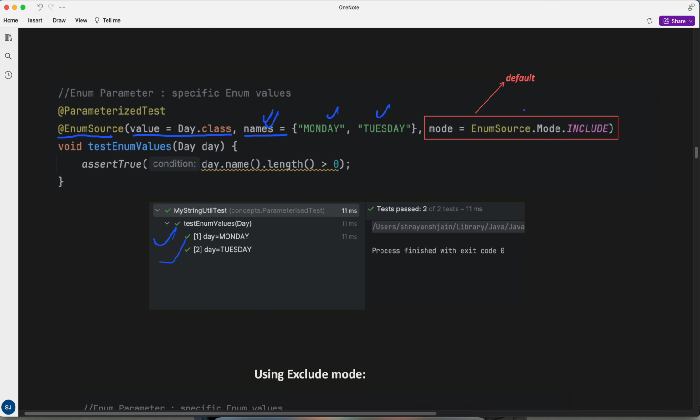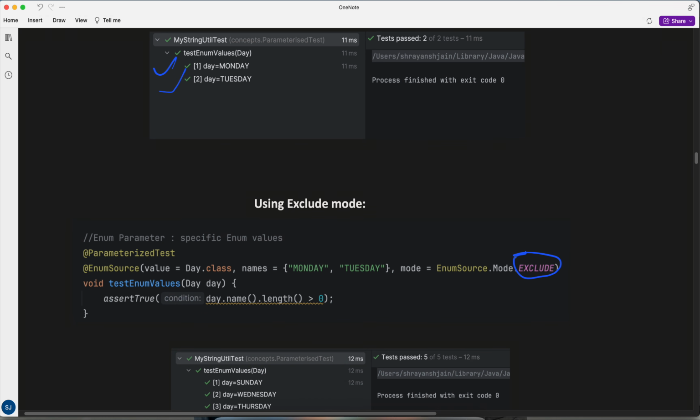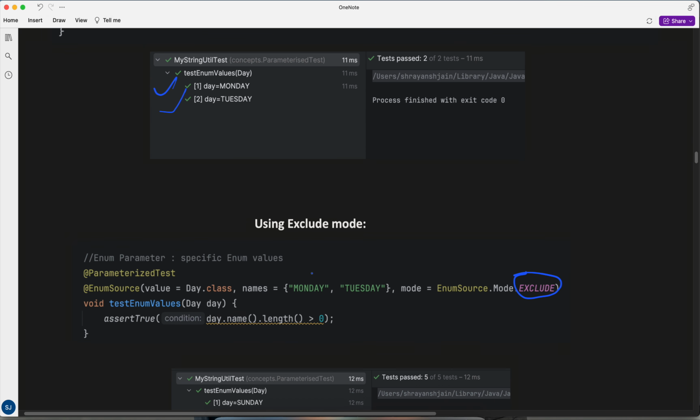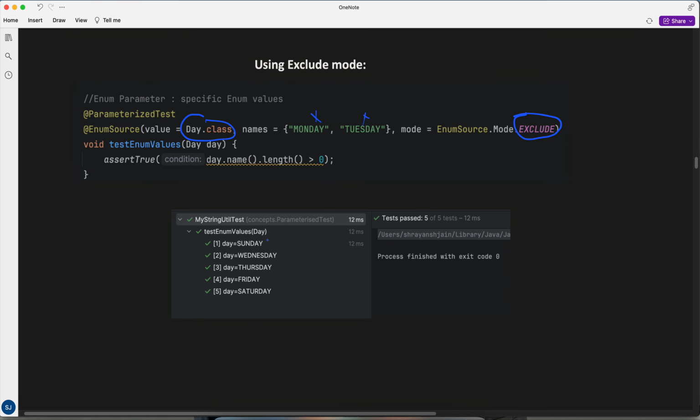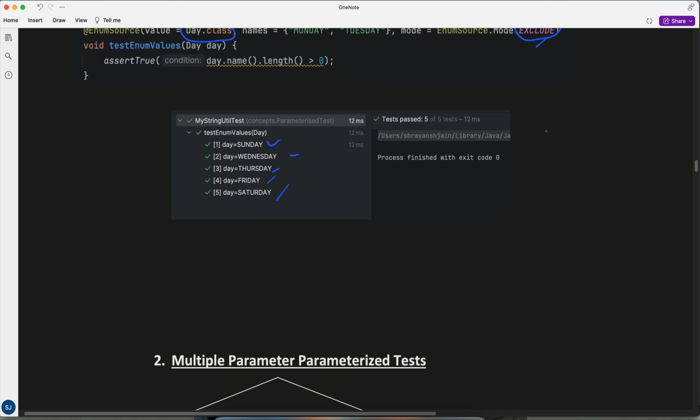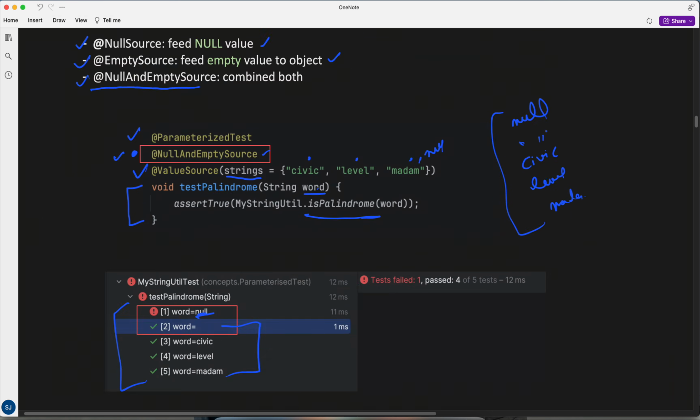But I have specifically mentioned it so that we know that internally this mode also gets added, and mode is by default include. Means whatever names you have added, only those enums will run. But if you change it to exclude, then only these two will get excluded from this enum, and the rest will run. So here if you see, Sunday, Wednesday, Thursday, Friday, Saturday all run, Monday and Tuesday got excluded. So this is how we can handle